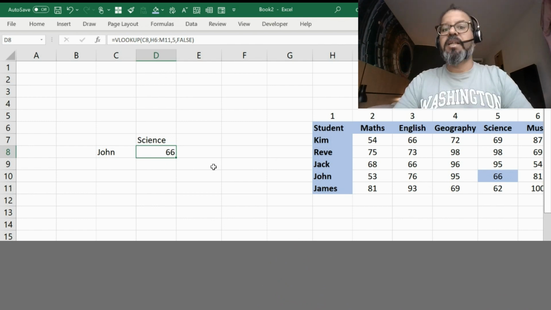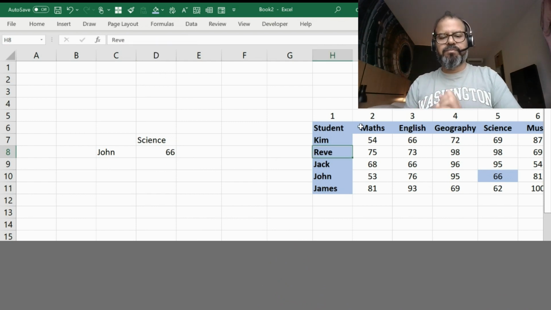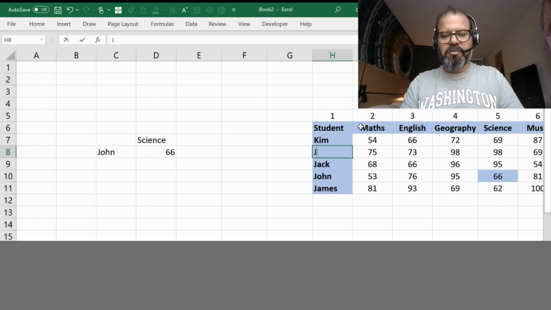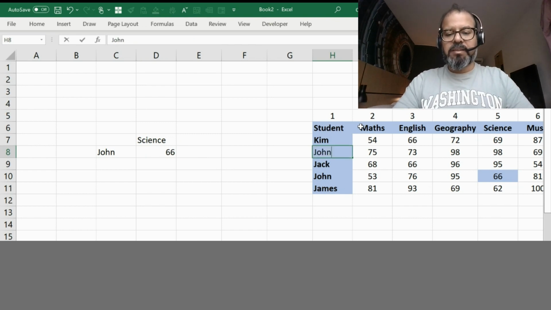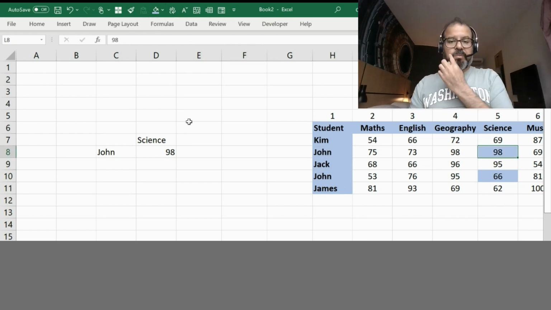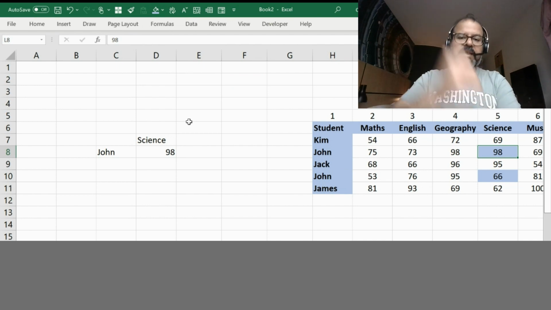But error comes when there are duplicate names. For example, I'm going to change Rave into John, and remember, Rave's score is 98. Currently, John's score is 66. Enter. Now, what happened here? While we have two Johns here, Excel has picked up 98 scores,